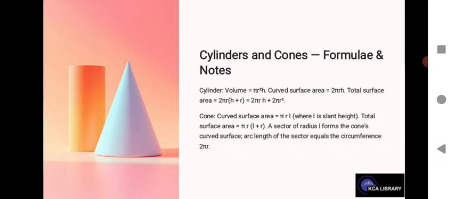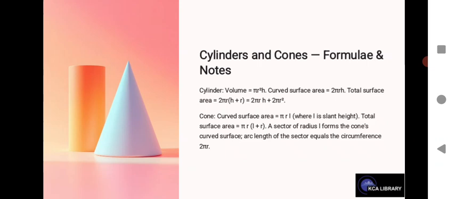But if you are asked to calculate the curved surface area, you make use of this formula, 2 pi r h. But if it's the total surface area, that means you are combining the two. Total surface area is 2 pi r (h plus r), or 2 pi r h plus 2 pi r squared. With that, you'll be able to calculate the total surface area of a cylinder. Don't forget, pi is a constant that is numerically equal to 22/7 or 3.143, while r is the radius and